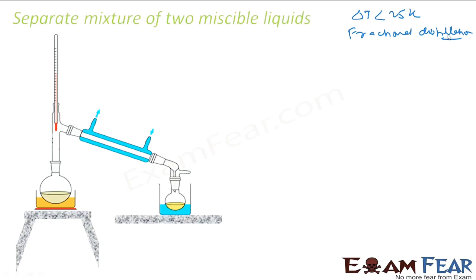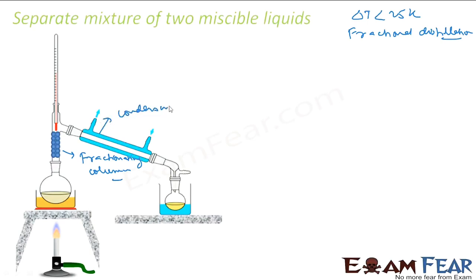The apparatus of fractional distillation is almost the same as this, except that it has one fractionating column. So I'll show you. This is the extra fractionating column here, the blue one. So you see, this is not there and this is here now. That is the difference. This is the fractionating column. This is the extra thing that is added, and it is fitted between the distillation flask and the condenser. So this is the condenser, because this condenses, and this is the distillation flask.